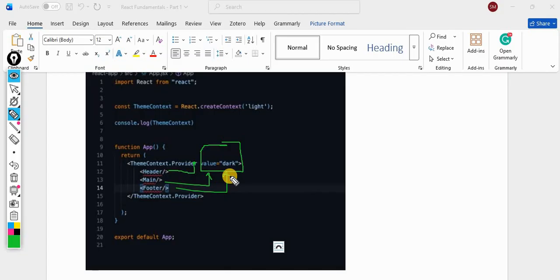In this, we are saying that the theme is dark, so whoever comes and sees that the theme is dark can apply this theme. Is this clear to you?